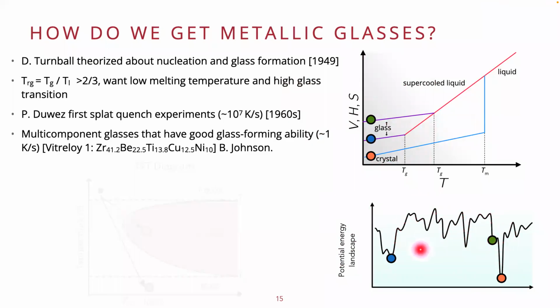of these metastable states. Paul Duwez, at Caltech in the 1960s, was first able to synthesize metallic glasses in a gold-silicon alloy, where he did a splat quench synthesis, catching a floating nanoparticle of gold and silicon between two copper plates. He was able to show that for the first time. Those cooling rates were about 10 to the 7 Kelvin per second, so it's quite fast. And there's been a lot